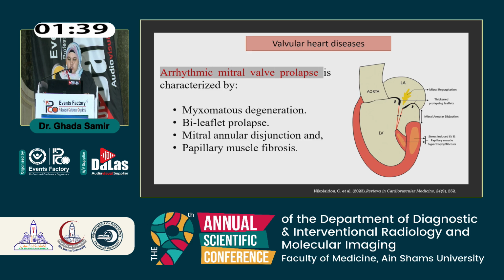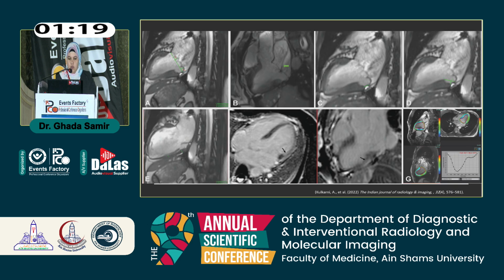The mitral annular disjunction is defined as a wide separation between the left atrium mitral valve junction and the left ventricular free wall, and such separation results in myocardial curling and fibrosis, which act as an arrhythmogenic substrate. For example, this is how helpful the CMR is in the case of mitral annular disjunction or arrhythmic